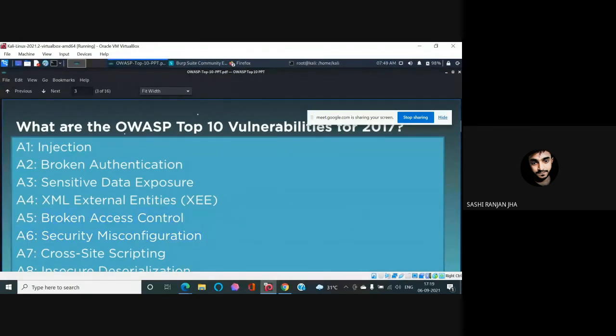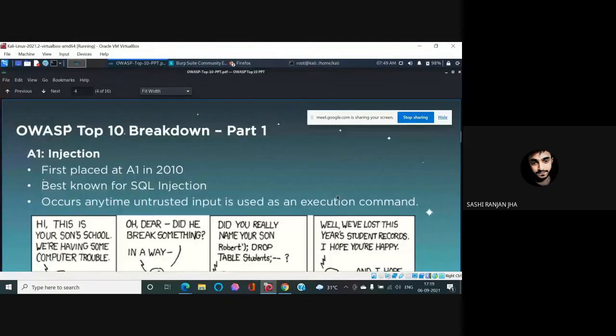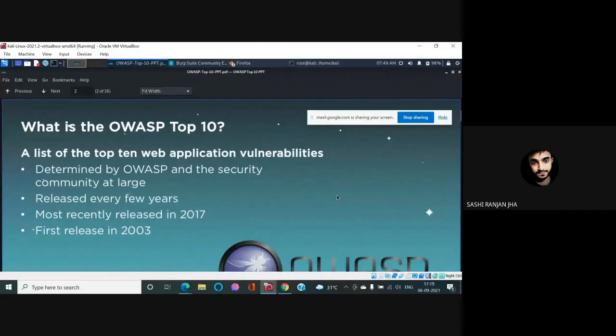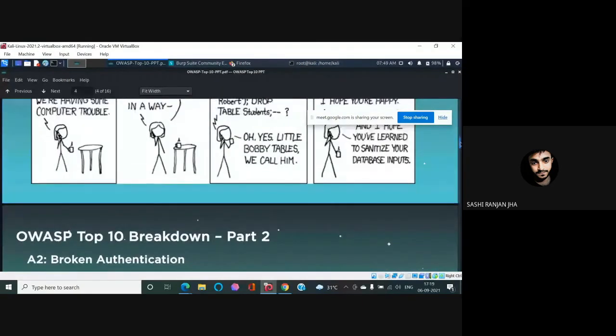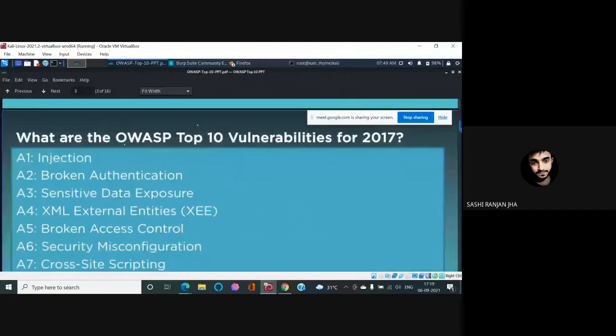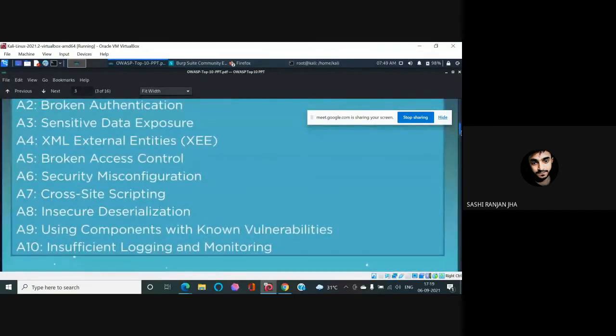Then security misconfigurations. There are different kinds of security measures that are put in place, and bypassing those, or doing some kind of misconfiguration with them, results in complete compromise of the system. So that is also there. Cross-site scripting we already saw.